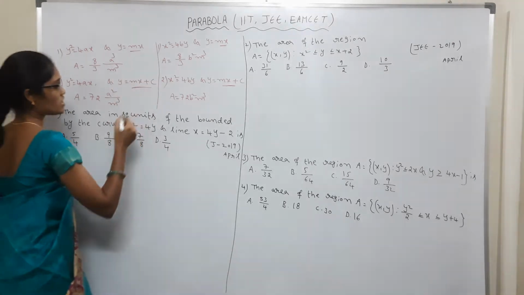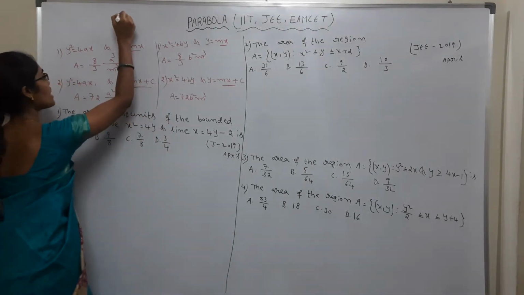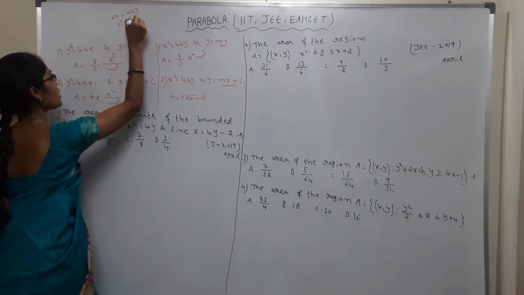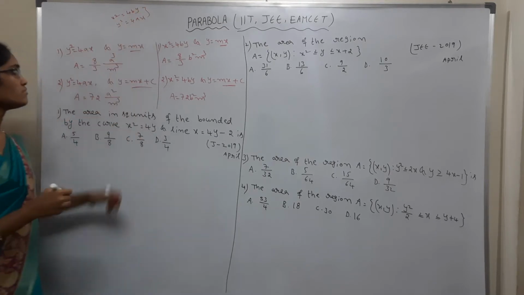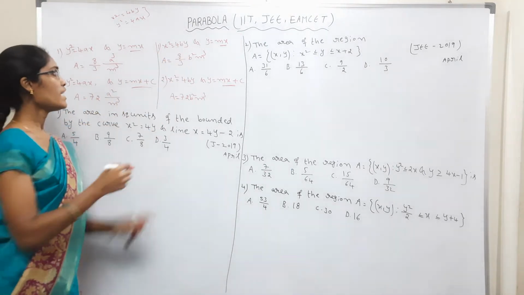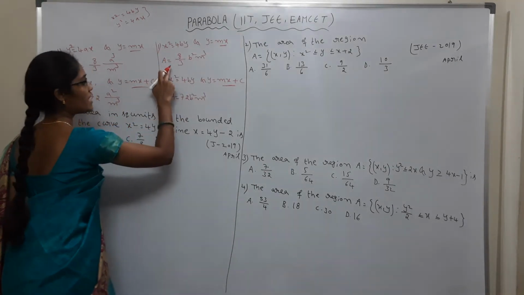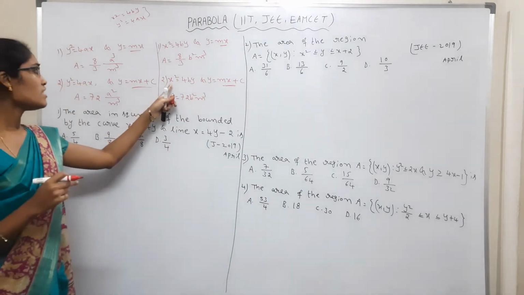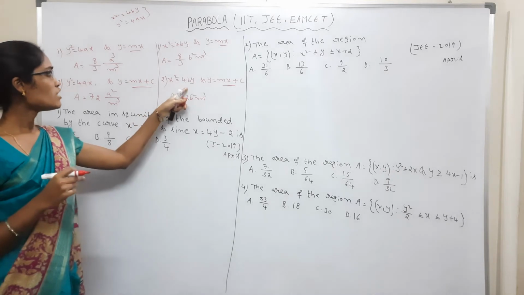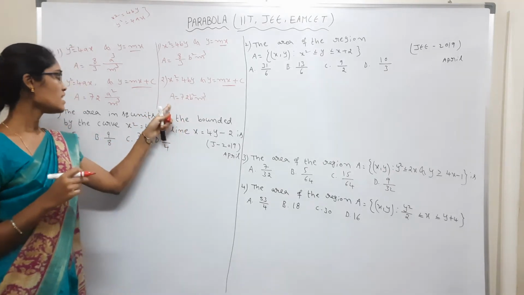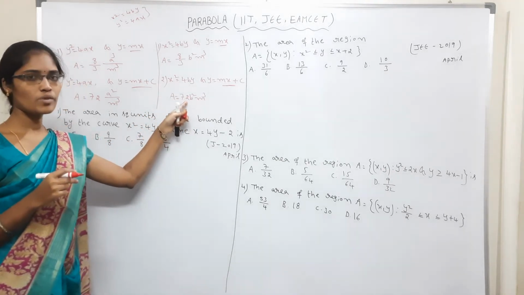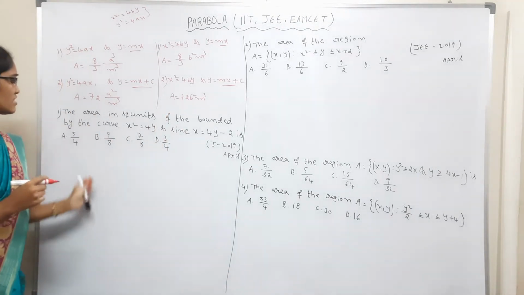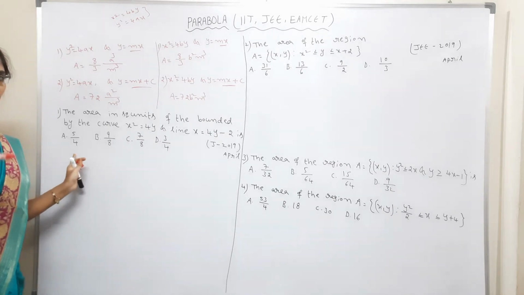Actually, parabola equations have two forms: x square is equal to 4by and y square is equal to 4ax. Now, x square is equal to 4by and y is equal to mx: the area is equal to 8 by 3 into b square by m cube. Next, see the second one in this method: x square is equal to 4by and y is equal to mx plus c. A is equal to 72 b square by m cube. So if you perfect this method, 4 marks is in your hands.